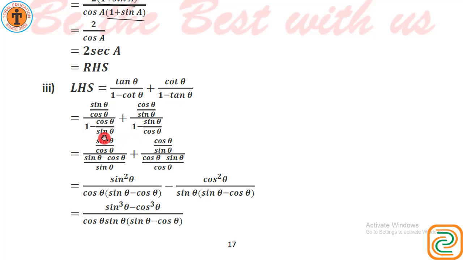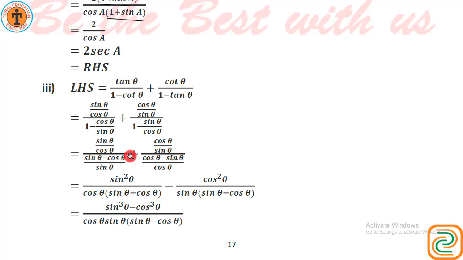Okay. Now take LCM of the denominator. Numerator will remain the same. There is no LCM because only one term is there. So I have taken here sin theta as LCM. So sin will go to the 1. So 1 into sin theta, that is sin theta minus cos theta. This is sin theta minus cos theta upon sin theta. Similarly here cos theta minus sin theta upon cos theta. But remember, here sign is plus.